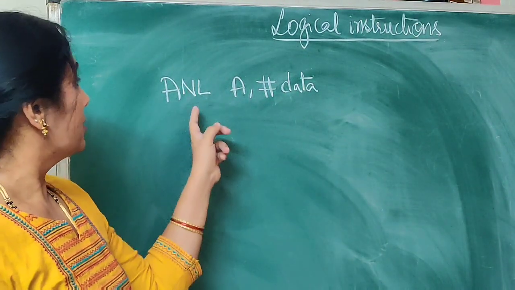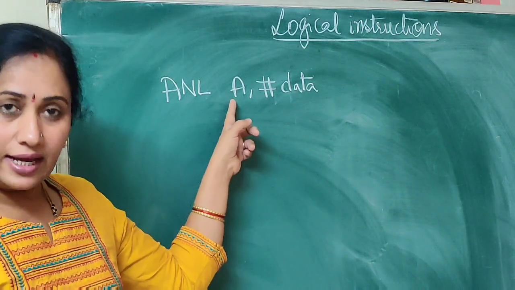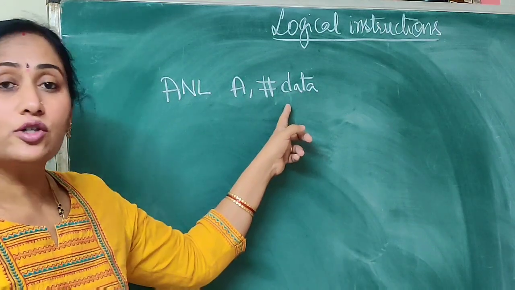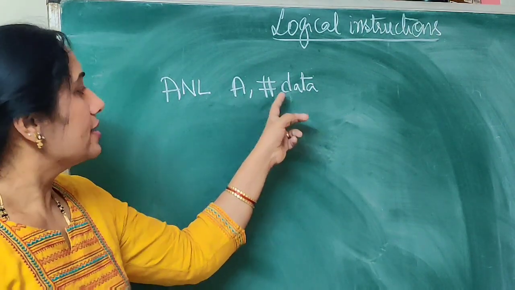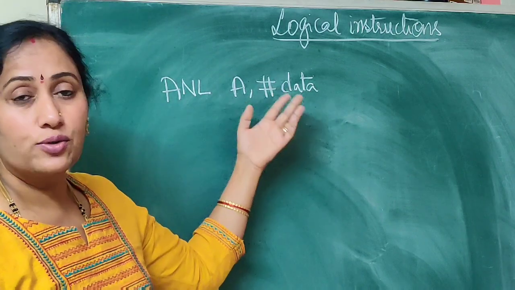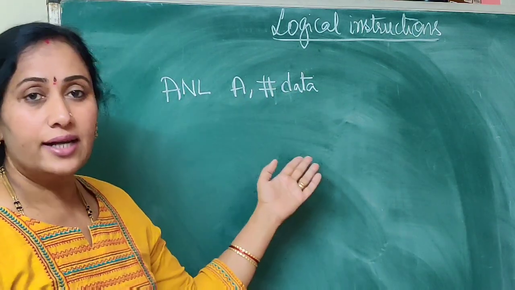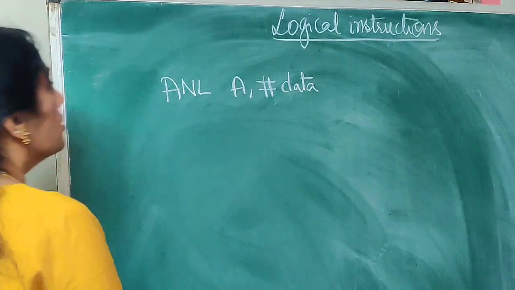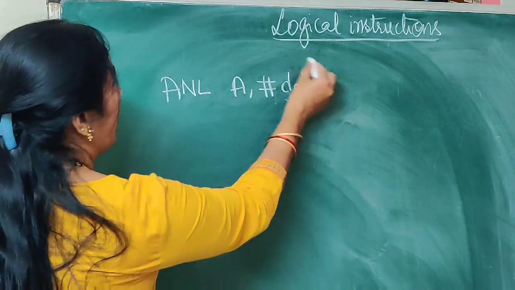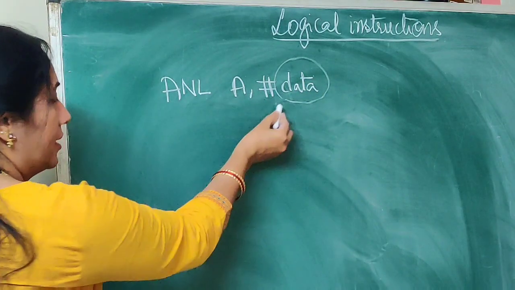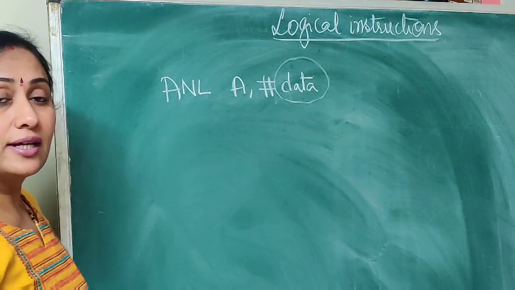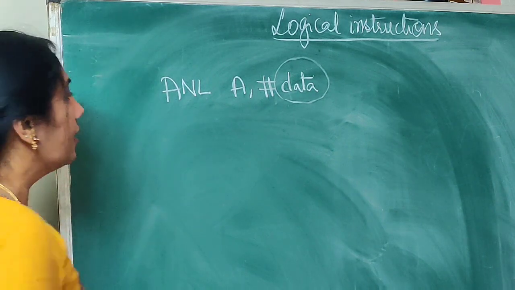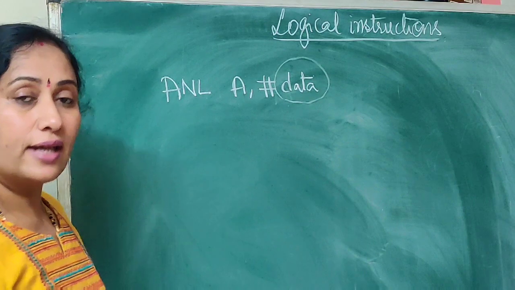This is an instruction wherein you're going to have the destination as the accumulator. The destination is the accumulator, and how I'm going to specify the source: it can be the immediate addressing mode, the register addressing mode, the direct addressing mode or the indirect addressing mode. I'm going to discuss all the four now. So here the immediate data, whatever is specified, 8-bit data, will get ANDed with the contents of the accumulator, and the result is going to be placed in the accumulator.